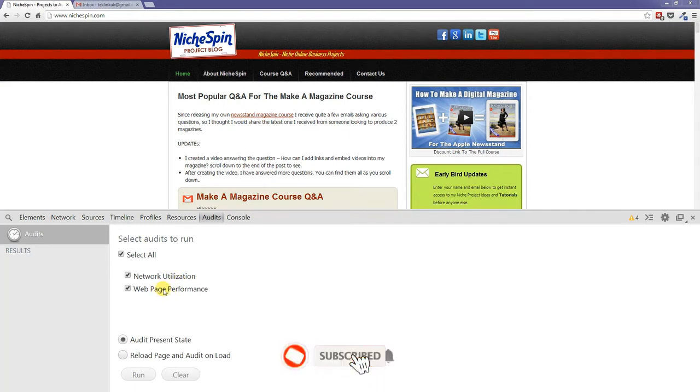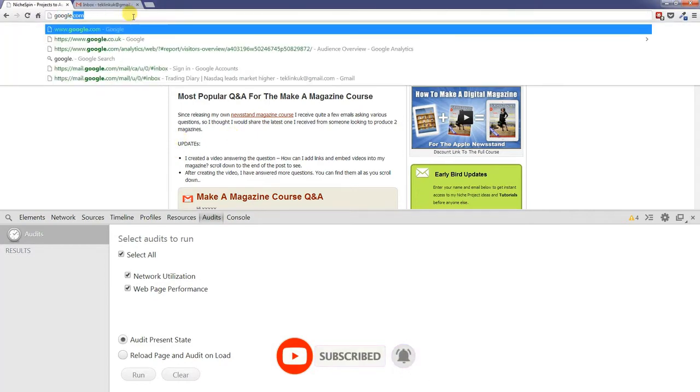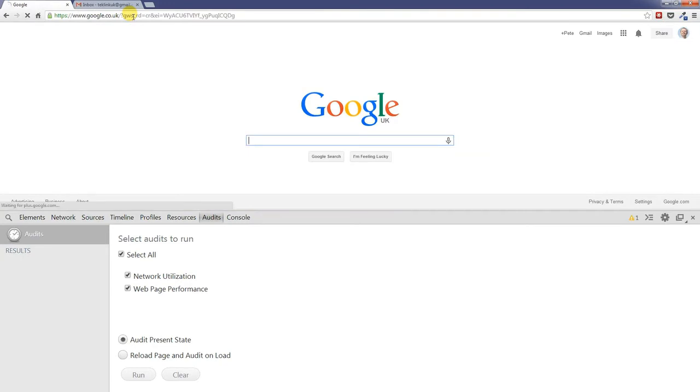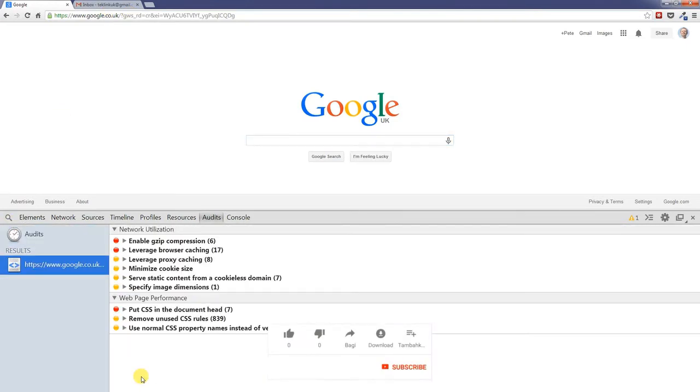selected as is, but I'll tell you what, let's not run it for mine. This is one thing I like to do. Let's just go to Google. We'll have a look at what their developer tools suggest for their own homepage. So we'll click run. And that was it. It was really fast, but you can see now the audit panel is giving us lots